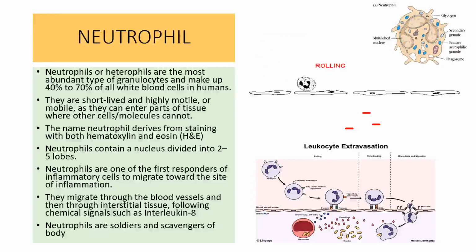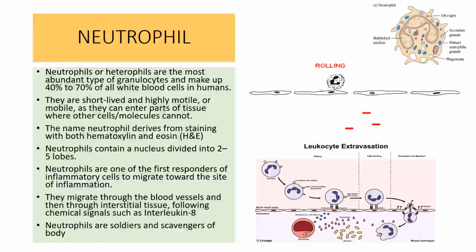And you can see one animation where the neutrophil comes out from the blood vessel towards the site of infection. That is, rolling of neutrophil is there, then diapedesis, that is the coming out of the neutrophil, is there, and ultimately with the secretion of chemicals, the bacteria is identified and it is phagocytosed. So leukocyte extravasation is shown by this diagram.